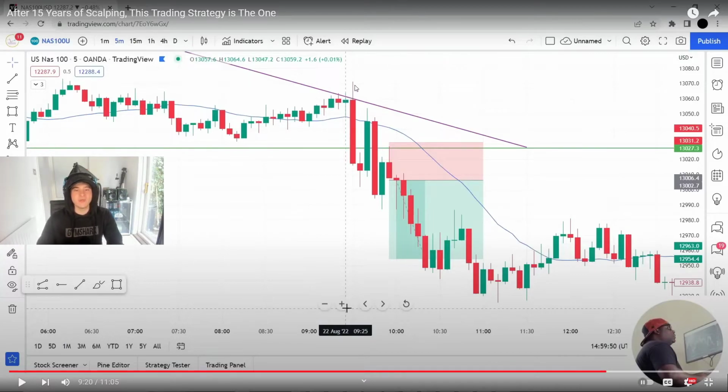So where this wicks up, he's not selling here, right? Where his trend line is. You've got a trend line. Why would you not sell up here? Why would you sell down there? So he's going against his trend line strategy to start with, because technically it wicked out, body respecting the trend